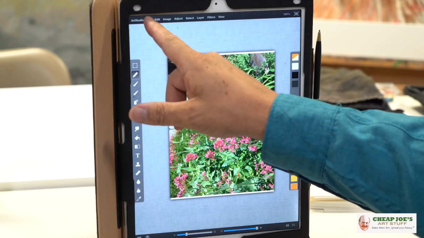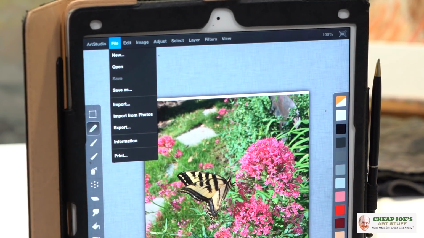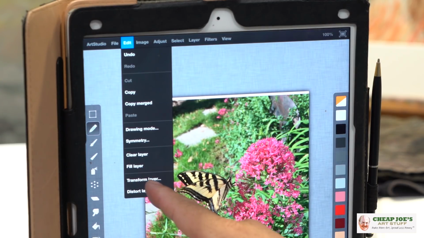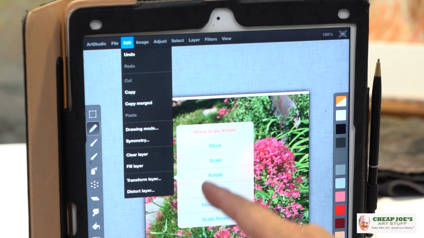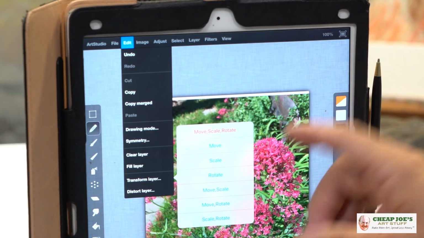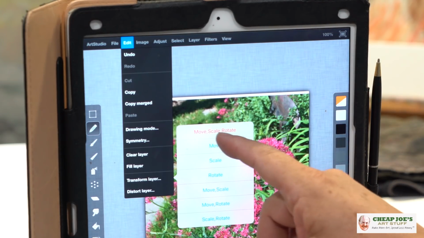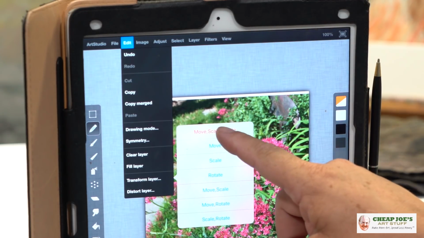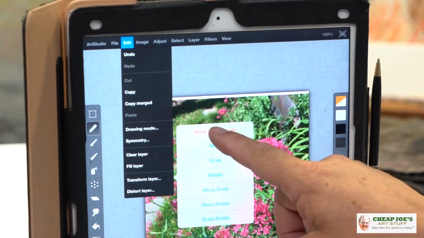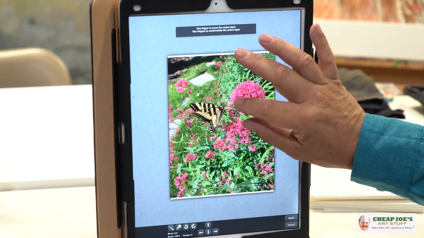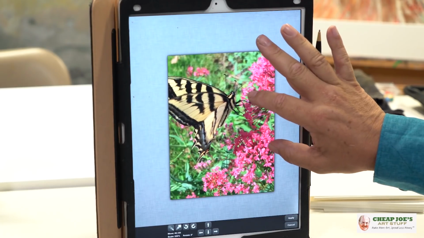And this is very simple, and again, any program worth its salt will do this. I'm going to simply go to the Edit and Transform Layer option. And here I can move, scale, or rotate this image, or I call this the nuclear option, move, scale, and rotate. This does everything at once. So 99 times out of 100 I'll just select this, move, scale, and rotate. And now watch this. By pinching, I can enlarge